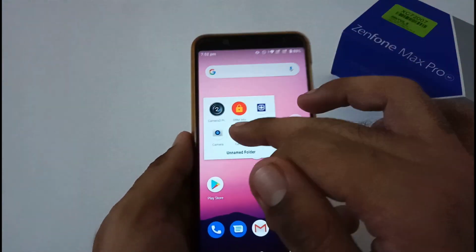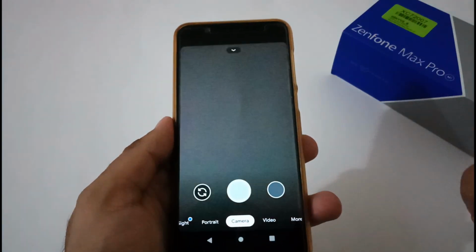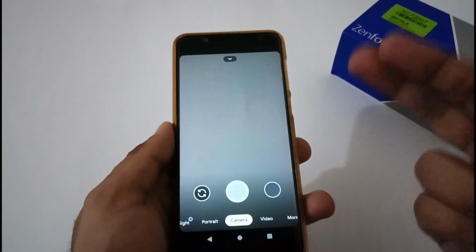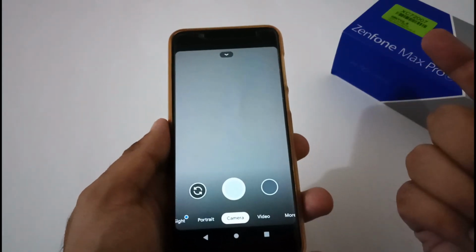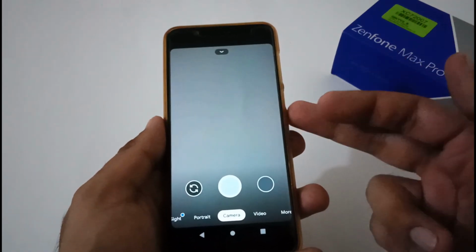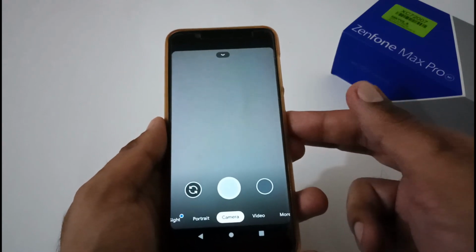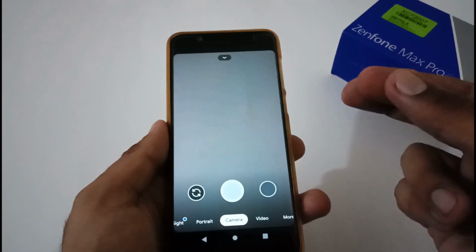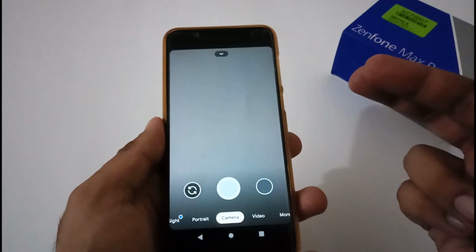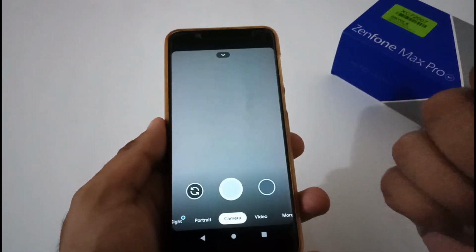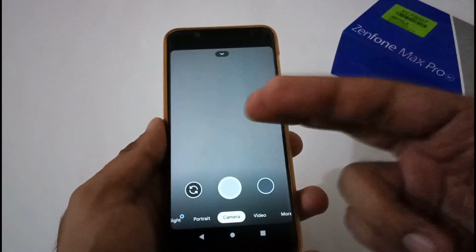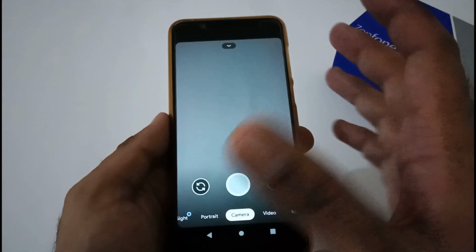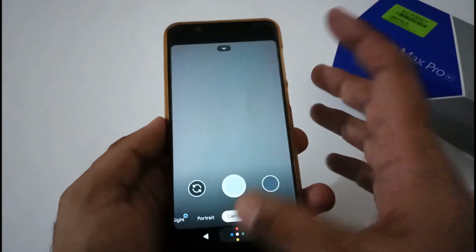So after the stock camera, now let's discuss Gcam 7.x. If you are on Android 10 Beta 4, then you can install any compatible Gcam 7.x port, or any Gcam port which is compatible with our beloved handset, that is the Asus Zenfone Max Pro M1. But on Android Pie, if you haven't enabled it manually, then you won't be able to use it. If you have enabled it manually, then you can even try it, and I'll be posting the link for this particular Gcam in the description box below. Everything is working fine except the slow motion.